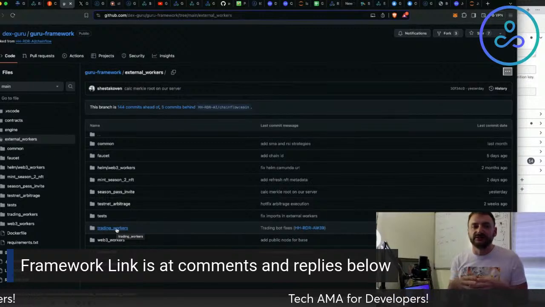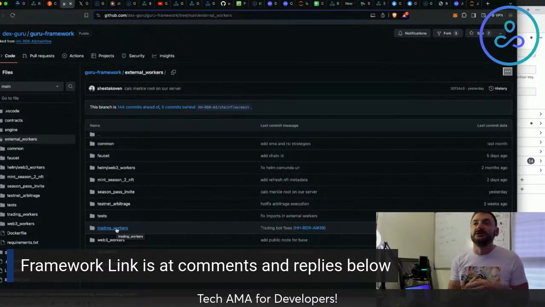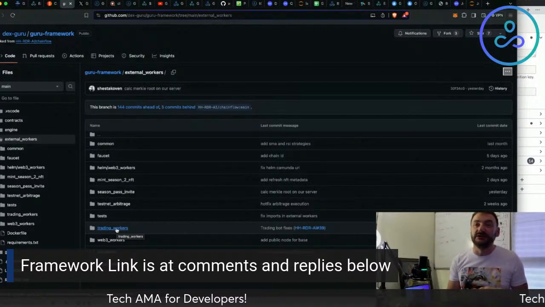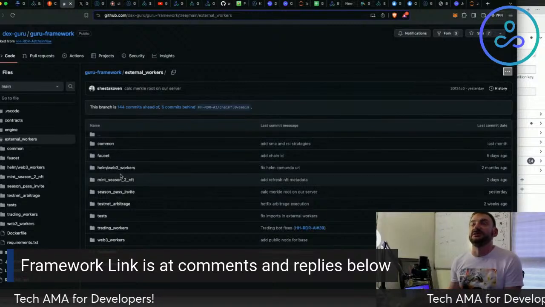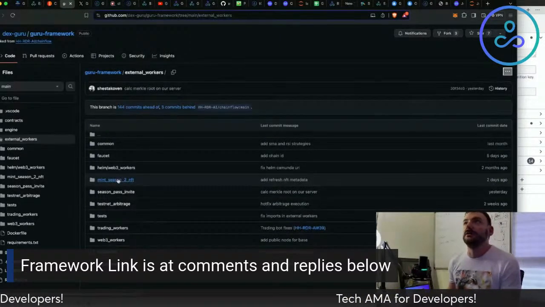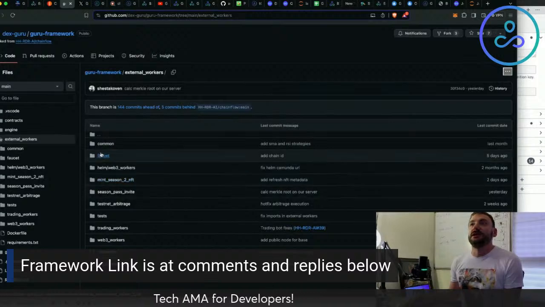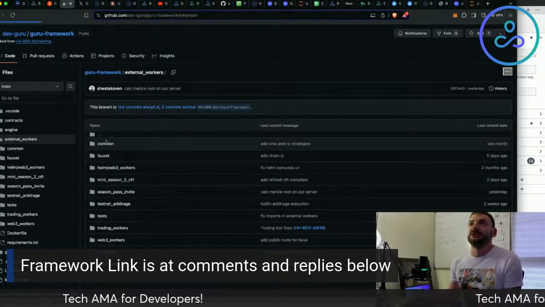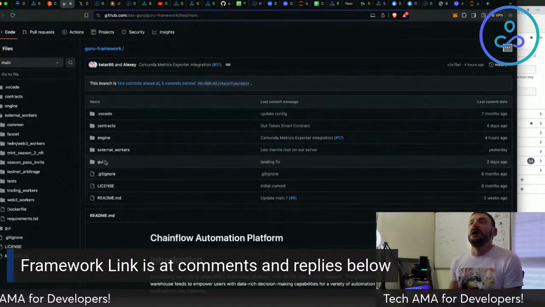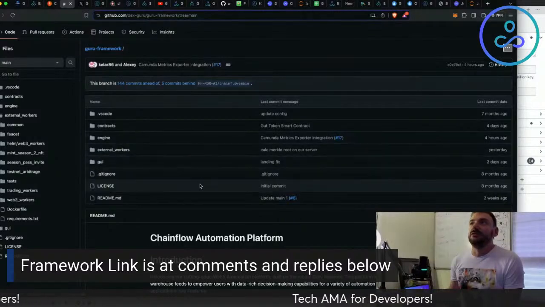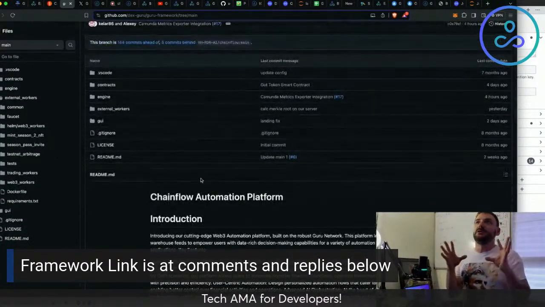So it allows for automated non-custodial executions. That's what we enable in DEX Guru v2 with automations, and there is a whole flow catalog in it, like the faucet worker, which you can go over. Pretty much everything you see right now is in here. The GUI is our GUI, so that's the whole package.